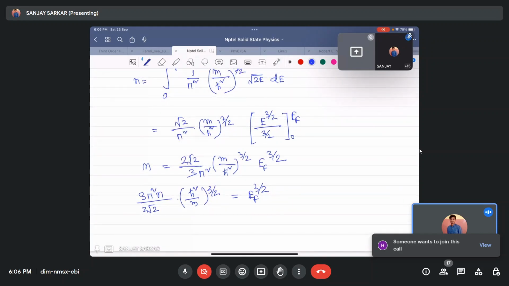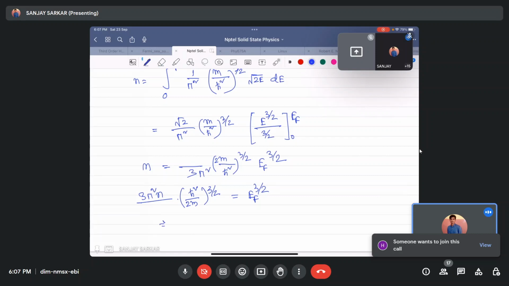Can we put this inside? So 2 to the power 3 by 2 is actually 2 into root 2. Yeah, so we can put this inside. So 2m by h bar square. So 2 root 2 can be put inside,